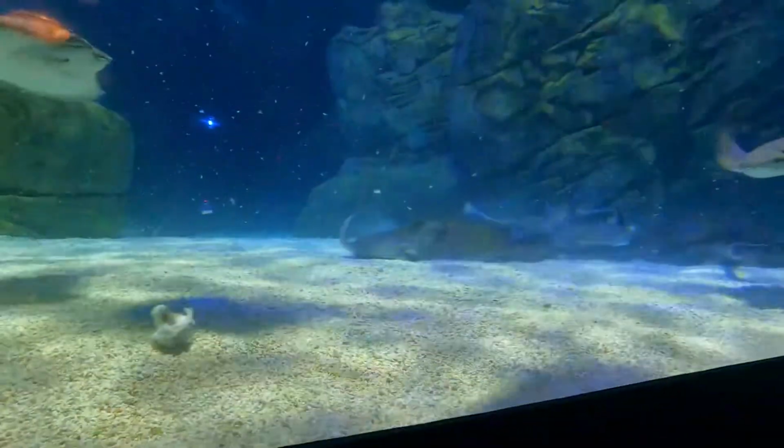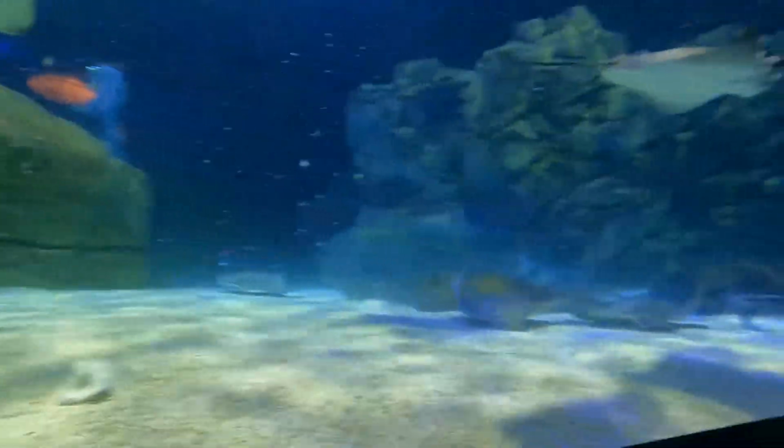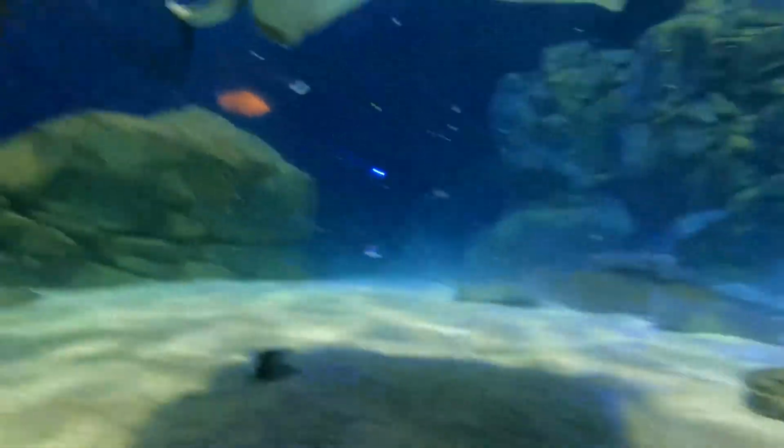Alright, so one other thing you might have noticed about these rays is that their eyes are right here on the sides or the tops of their heads, while their mouths are actually on